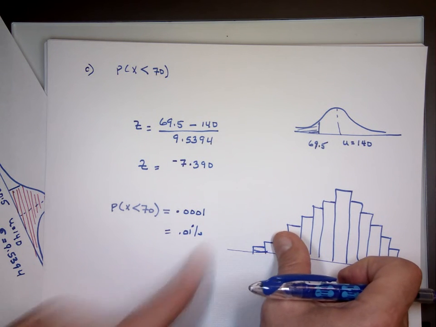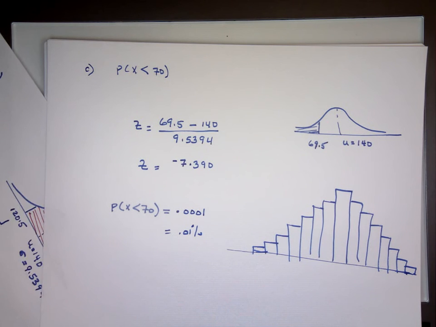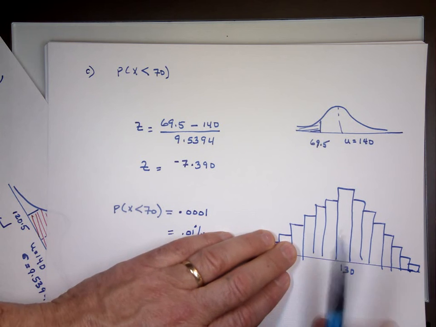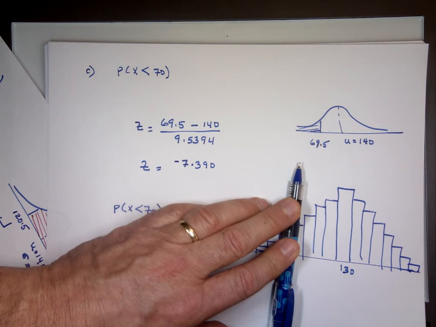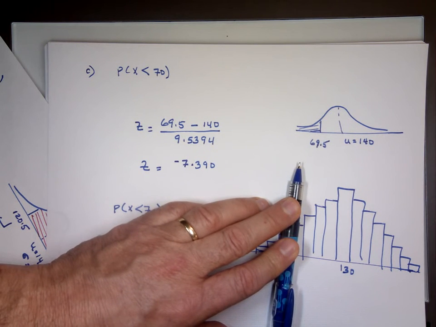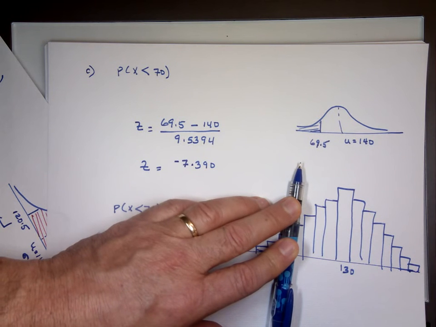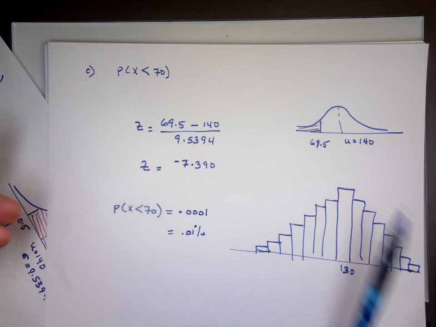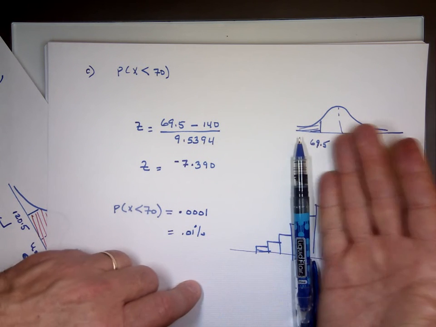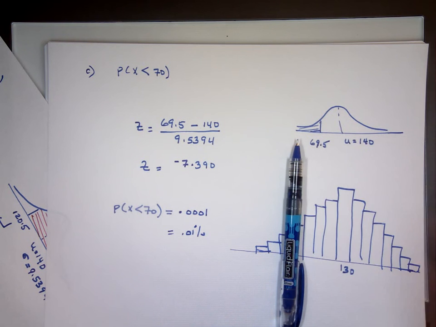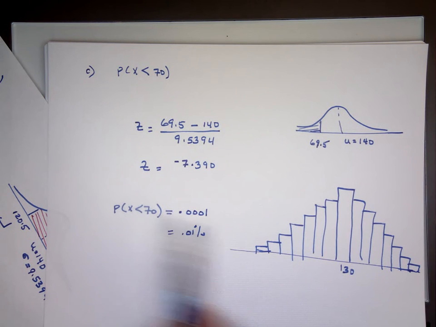When you say more than, the average is 130. When we're saying we want 120 or higher, that means all of these. Look at that, almost the entire graph there. That's why for 120 or higher, we got 98% chance. And for less than 70, we're talking about the people to the left of this graph. Just a little tiny group there. So your chance of less than 70 people voting for him is 0.01%.